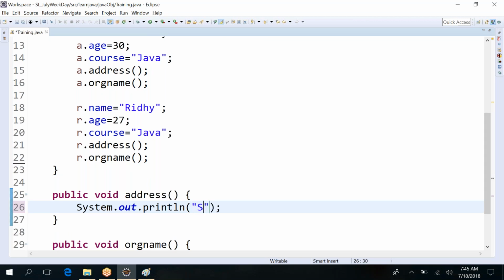I can write, for example, student name, this. So I'm printing name, class age. Age is student name, say age, class age plus